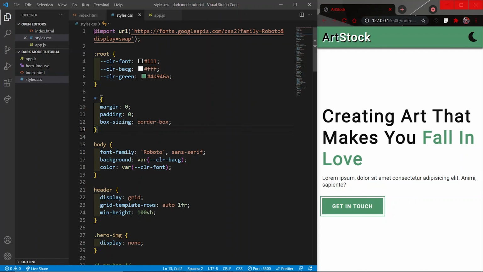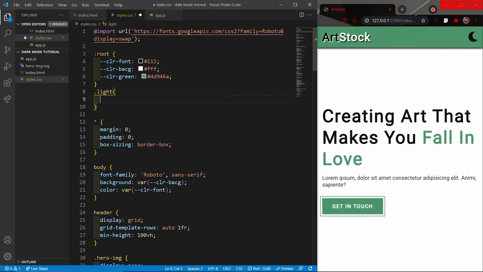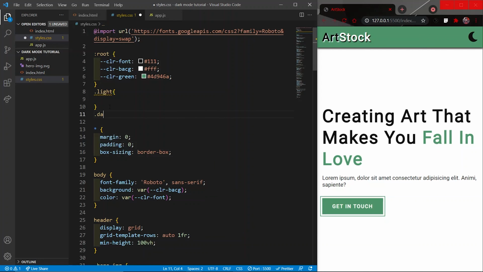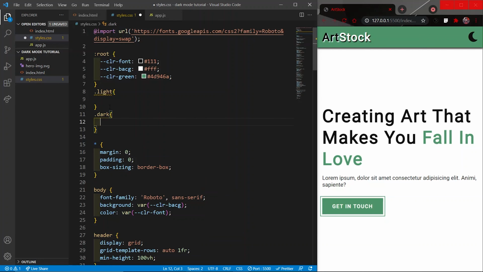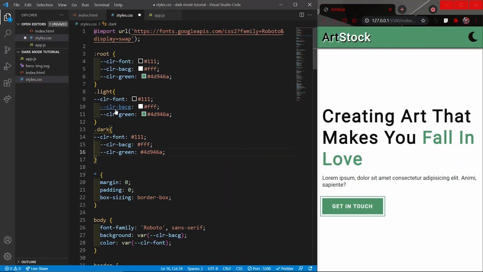Now for the dark mode toggle, the first thing I will do is target two classes here. One will be light and the other one will be dark. Then I will copy these variables and paste it here. Now these will be used for the theme.